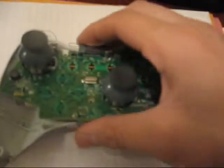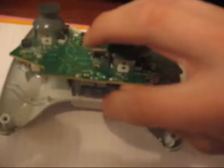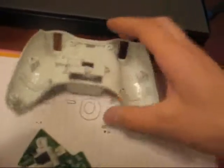And then you have to take the motherboard off. It's actually not that hard, I'm just kind of dyslexic with one hand here. It's just these two little parts where the battery sits, they have a little groove to fit in right there. That's why it's kind of a difficult thing. But anyway,